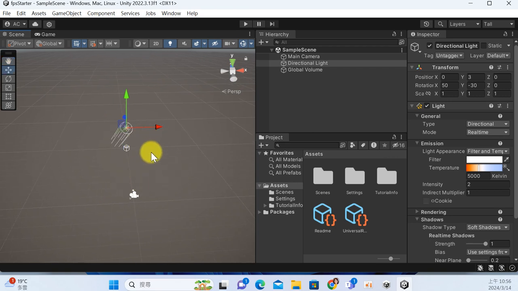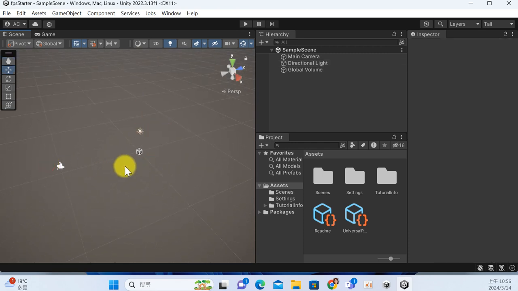If you want to rotate, you press the Alt key and the left mouse button. 我想一下就是如果你要 zoom in 或是 zoom out 的话，你就是用你的 middle mouse，你就按着它，press